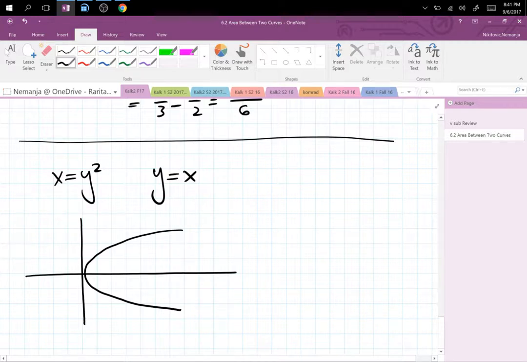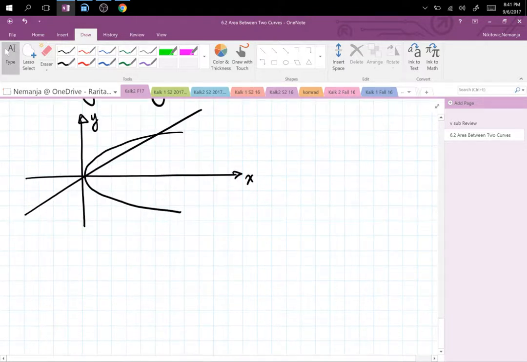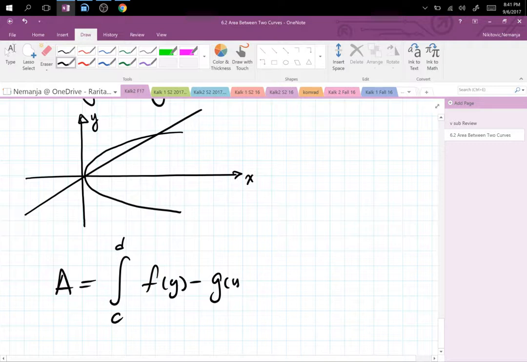So when you graph this on the side, you're going to get a picture like this. And yes, one of them is not a function. x equals y squared is not a function. But we can flip the formula. We can make the y-axis the input and the x-axis the output. So I can write the formula integral from c to d of f of y minus g of y, everything dy,